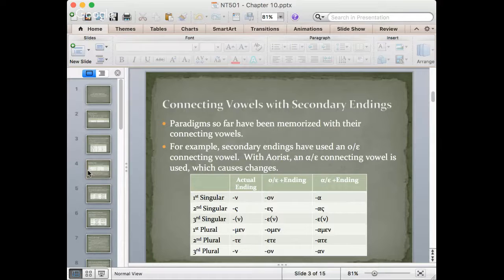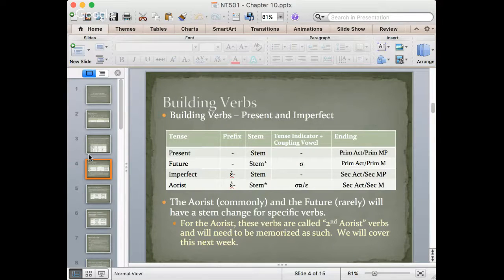So what does that look like? Here's our new chart. The 2 things we're adding are the future and the aorist. For the future, I have the stem with an asterisk there. Both the stem in the aorist and the future are going to potentially go through stem changes. We'll learn about that here in a day or so. But for right now, what we need to pay attention to is